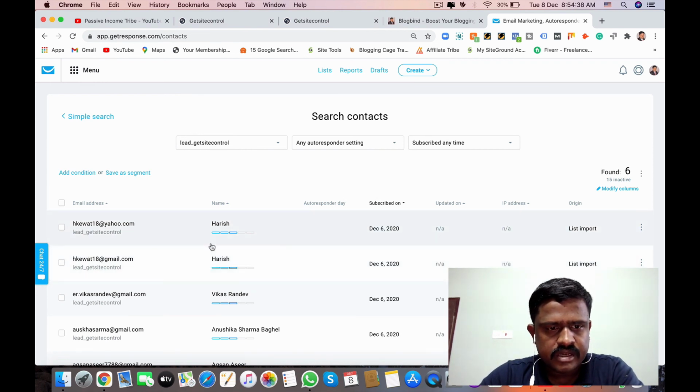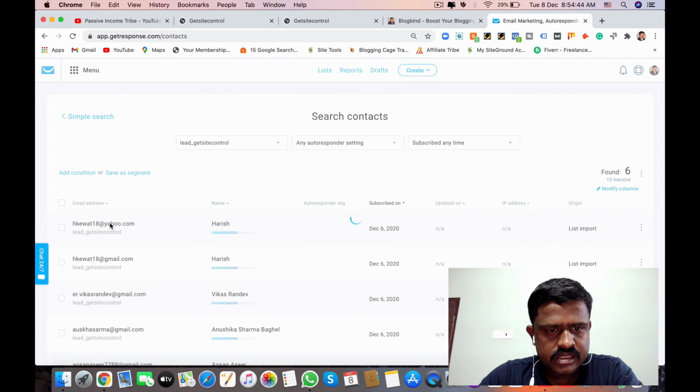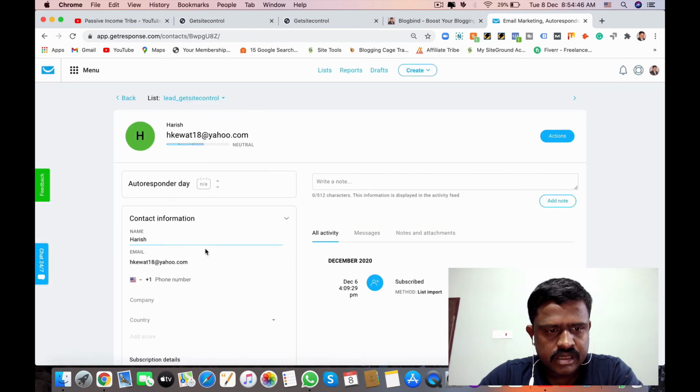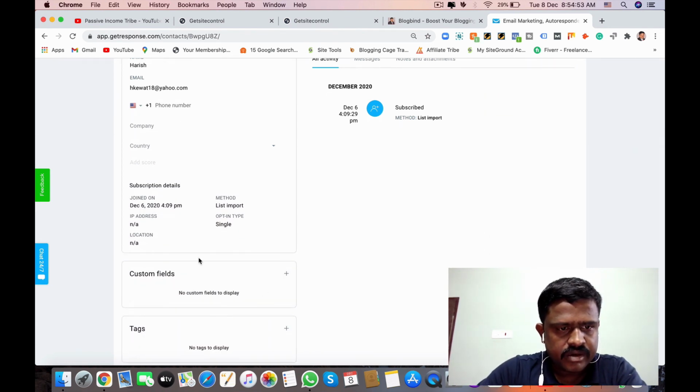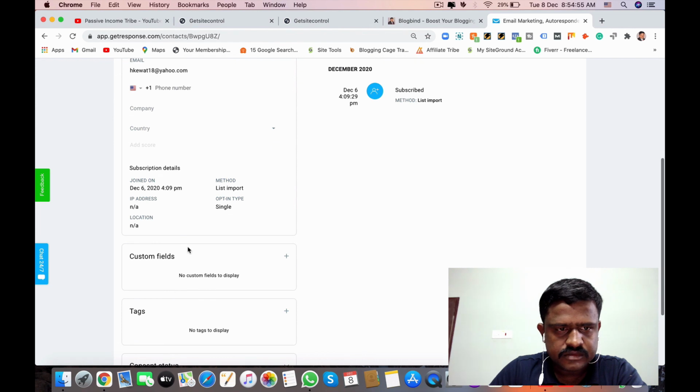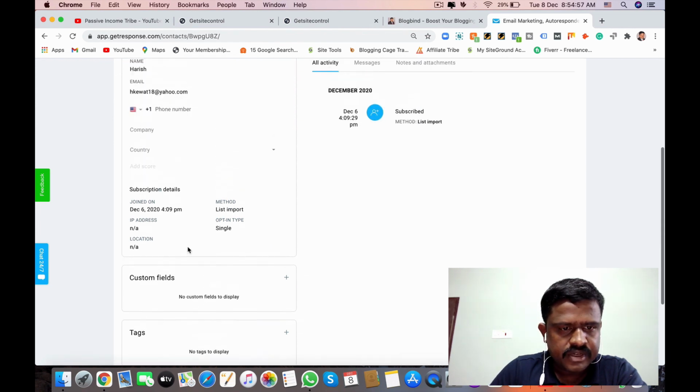This way it will show the email address, name, subscribed on date, and everything. You click on this. Here you can see the contact number, phone number, mobile number. Okay, if you want to add custom fields, you can add.